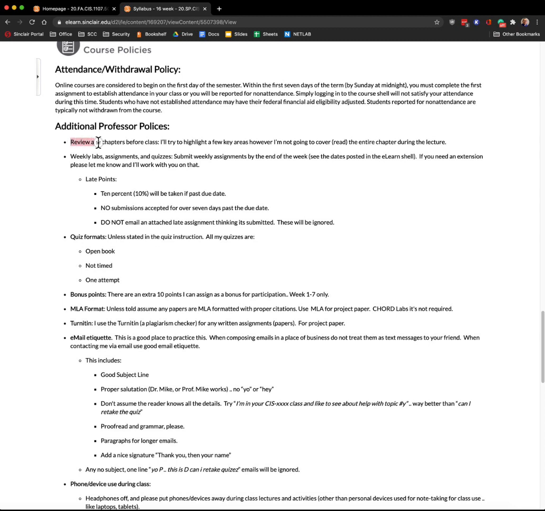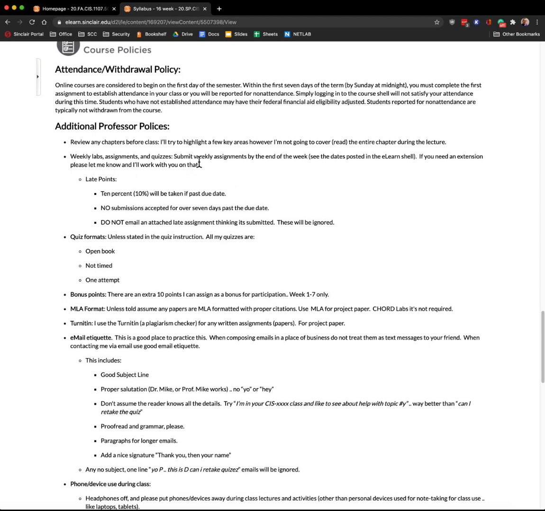Additionally, try to read stuff before class. Look at the material before class, thumb through it, read it, whatever way you find best to absorb it. I'm not going to go over everything in that chapter topic, but I will try to demo either a live lecture or online lectures, material to go over what I think is important. So again, you might have 50 slides for chapter 1. I might only use 10 to 12 of them to pull out the things I think are important. But again, it doesn't mean you shouldn't at least review the whole chapter.